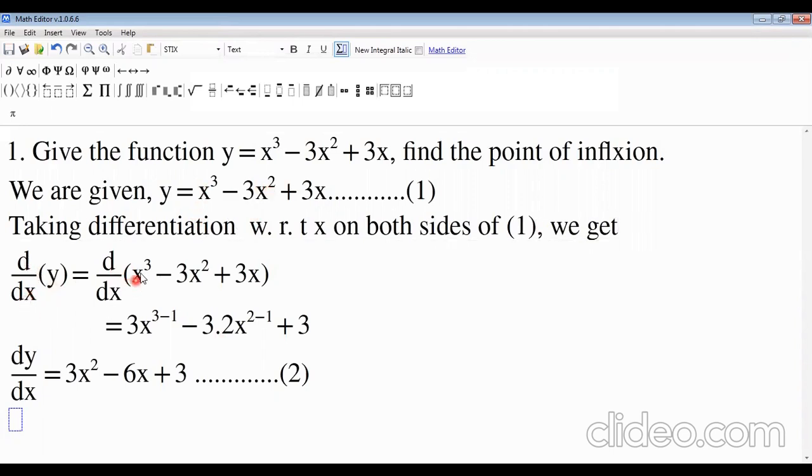Now it is simple differentiation, the power rule, x to the power n formula, which we applied in our previous lecture. 3 into x to the power 3 minus 1, and x squared differentiation is 2 into x to the power 2 minus 1, and x differentiation is 1. So dy/dx equals what will be